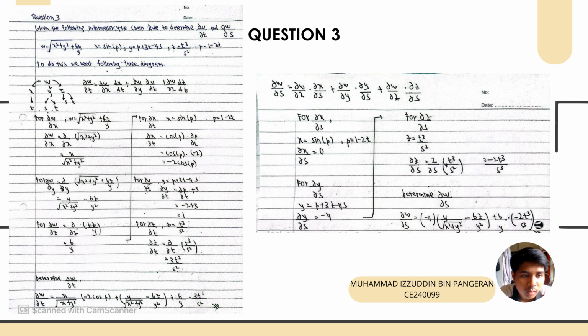For example, when differentiating x, I use the chain rule for sine and also include the derivative of p. The same idea applies for y and z, since they also depend on p, t, and s. Although the process is long, the chain rule helps to break it down into small parts. At the end, I get the full expression for both partial derivatives, one with respect to t and one with respect to s, as in the manual calculation I show.